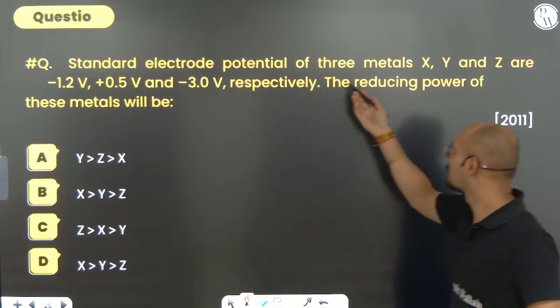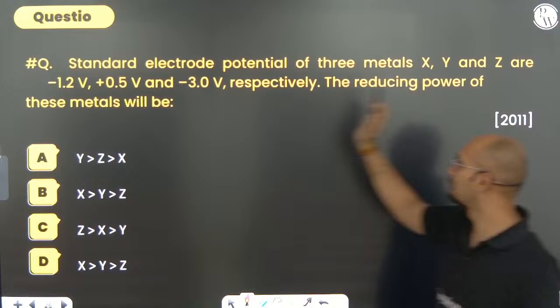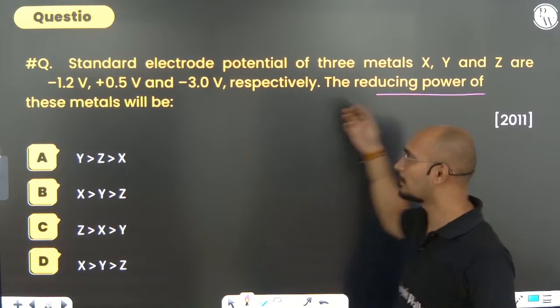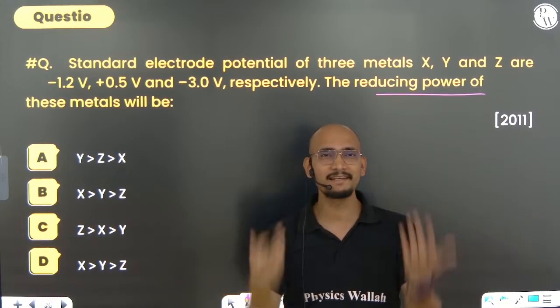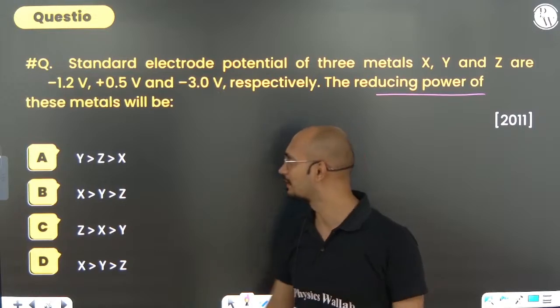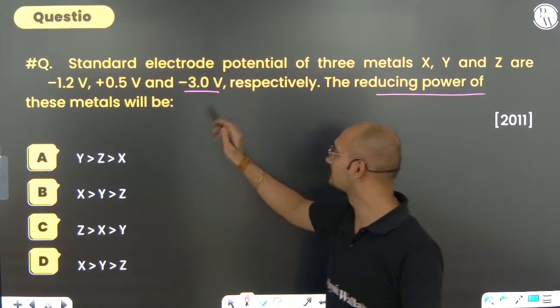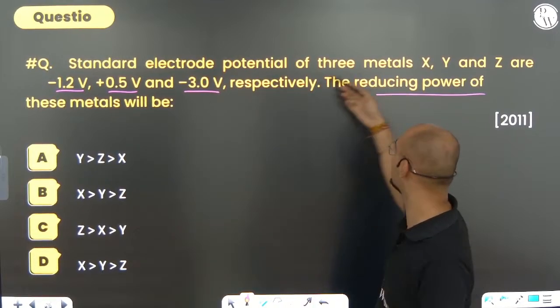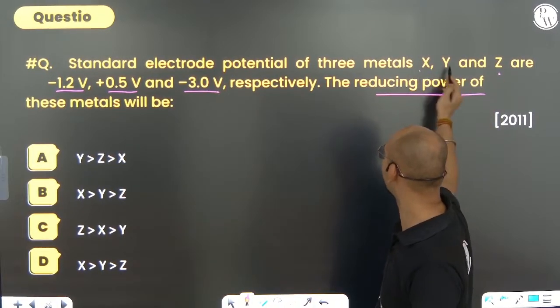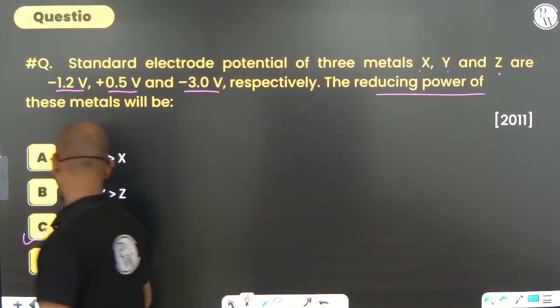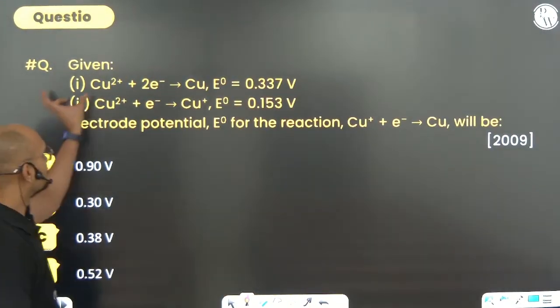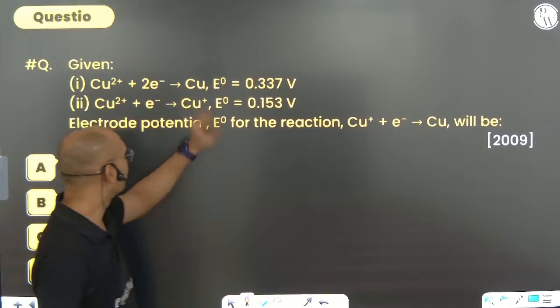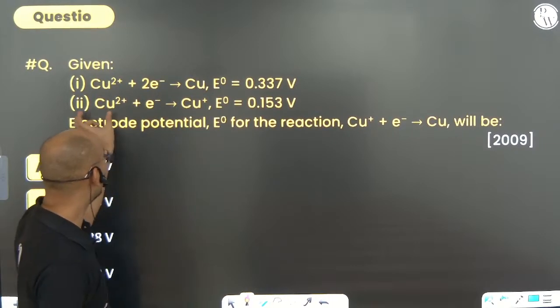The standard electrode potentials of three metals X, Y, Z are given. For reducing power, we know that the lesser the SRP, the stronger the reducing agent. The values are minus 3, then minus 1.2, then 0.4. So which is the strongest reducing agent? Z, then X, then Y. Z is more than X is more than Y. Option C. Then the next question: Cu2+ taking 2 electrons converts into Cu,